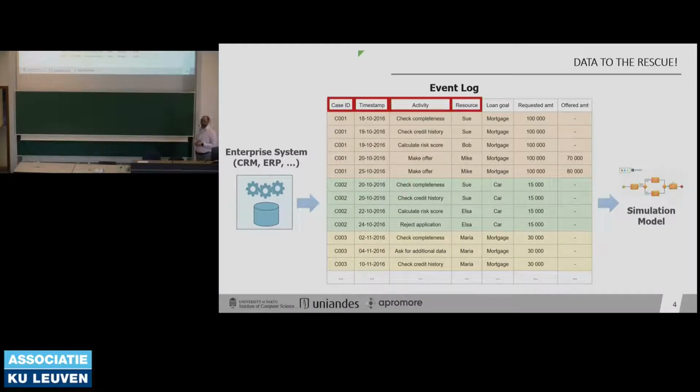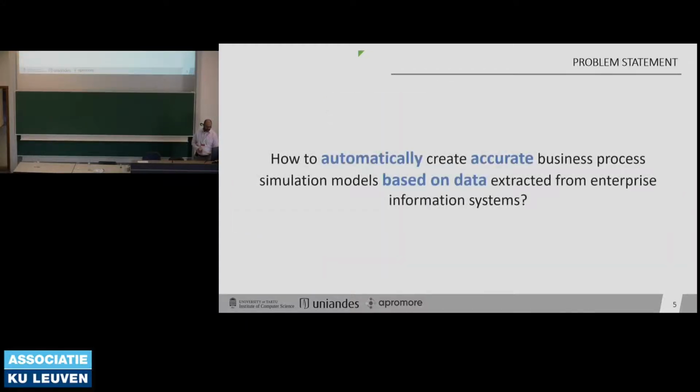But fortunately, we have data that we can extract from enterprise information systems to create our simulation models using process mining techniques. So the question here is how to automatically create accurate business process simulation models based on data extracted from enterprise information systems, right?